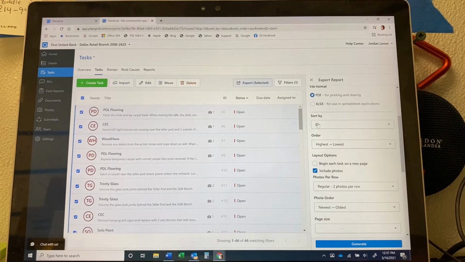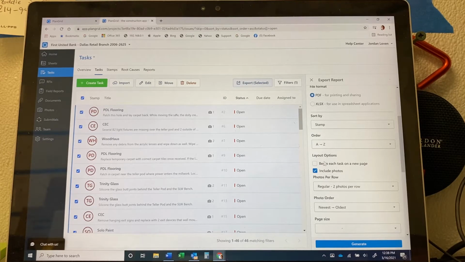This is where it makes the difference. Sort by, right now it's under default, it's under ID. That's gonna be what number and order you placed it during your walkthrough. That doesn't do anybody any good. It makes it really difficult to navigate. If you click on stamp, we have gone in and made the subs' names on there. And I can also order it from A to Z so that it's in alphabetical order per the sub name